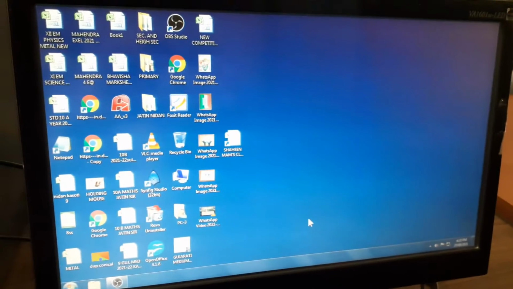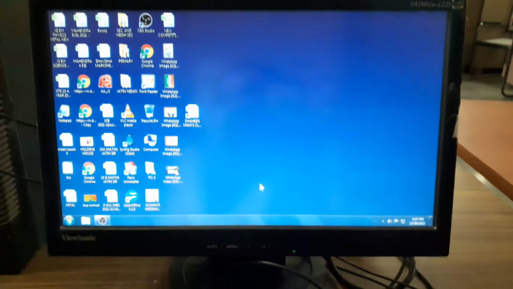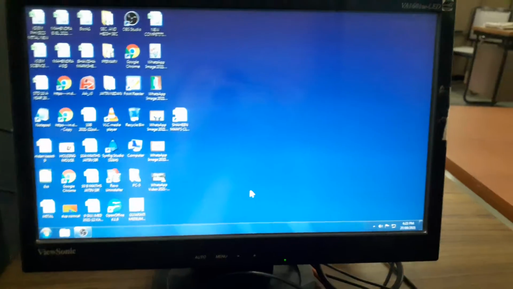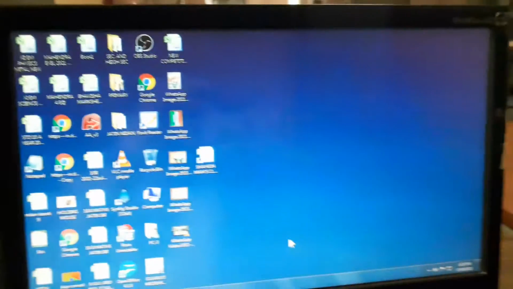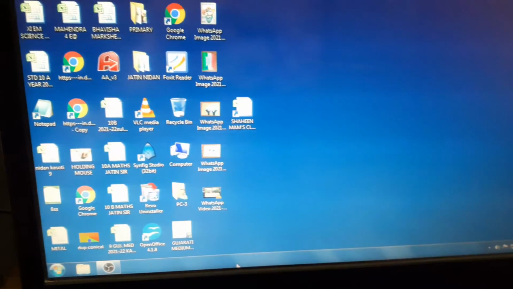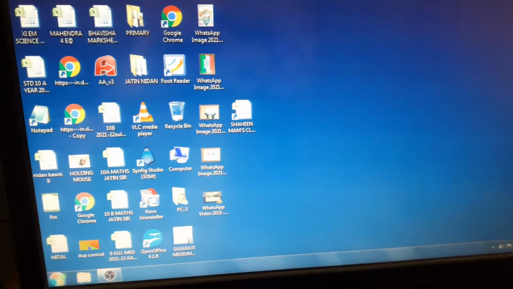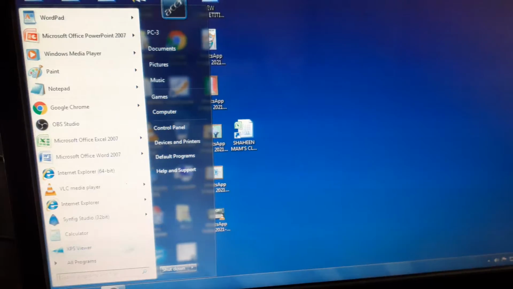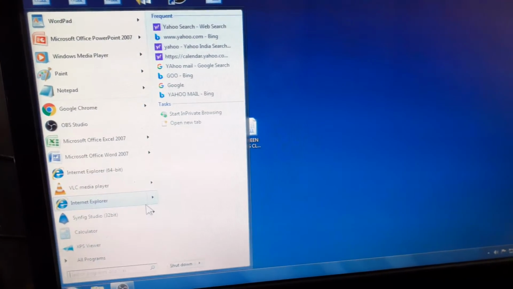Now we will see practically. First, move a window, okay? How to move a window. So children, step number 1, click on start button on the taskbar. Here this is taskbar, okay? Now you have to click on start button. This is start button, okay, and this is start menu. So you will see this start menu over here.